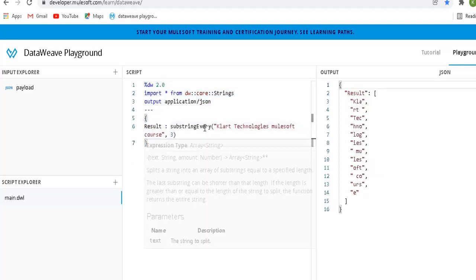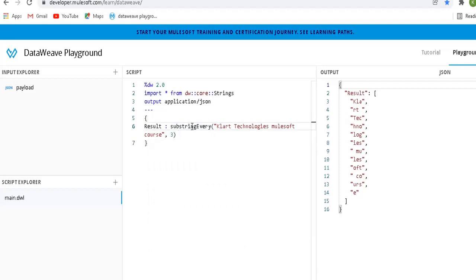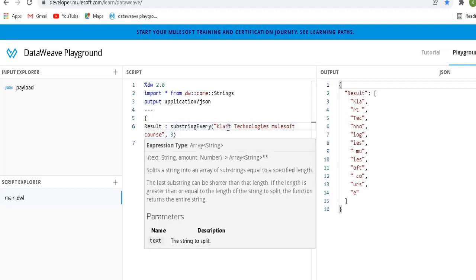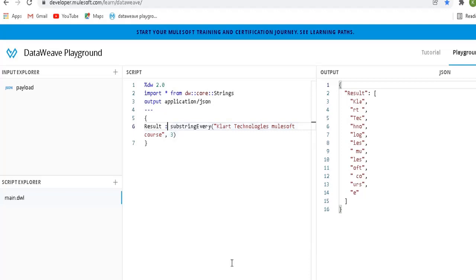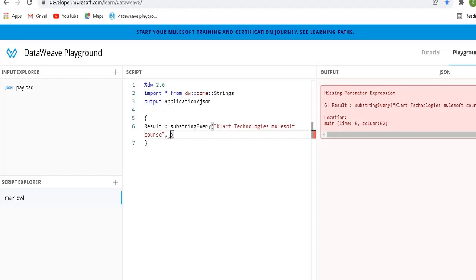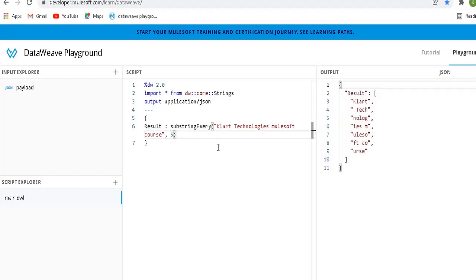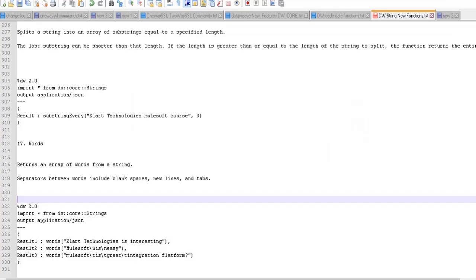See, if you have given count as 3 here, it will split the input string for each and every 3 letters. So KLA, RT space, TEC, HNO, like that. If you have given any number here, it will split the input data based on that number of letters. I have given 5 here, so it will take all the 5 letters as each and every word. So like that you can use this function.